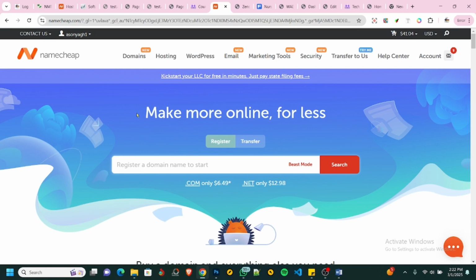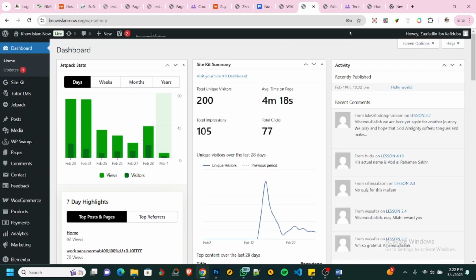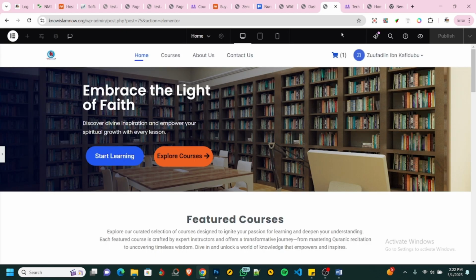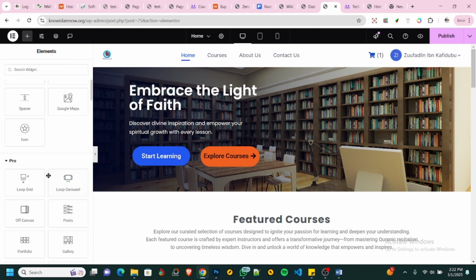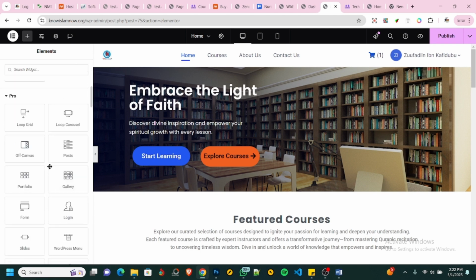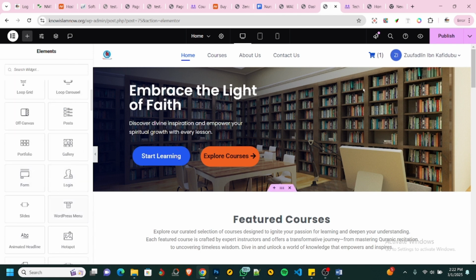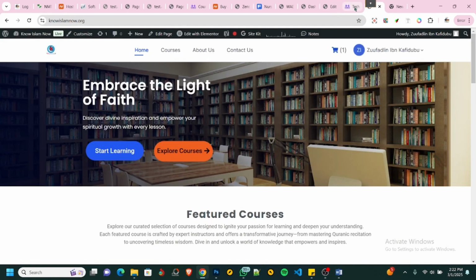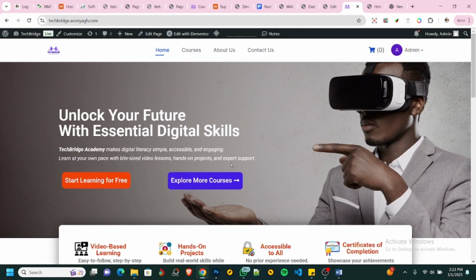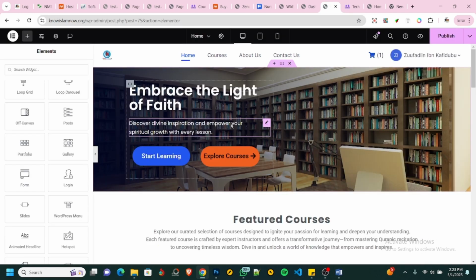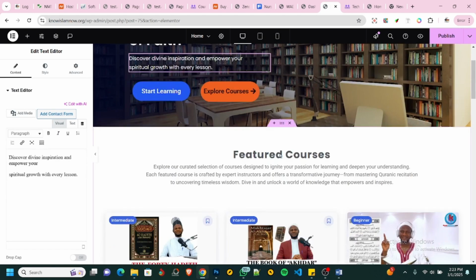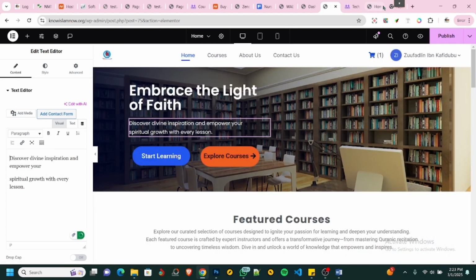The domain we bought was knowislamnow.org, and then we quickly set up the WordPress dashboard, and then I quickly started building the homepage with Elementor and other features that I deploy. Initially I made something like this. They said they don't like this template, so I had to go back, and I did all this modification, and then finally came out with this